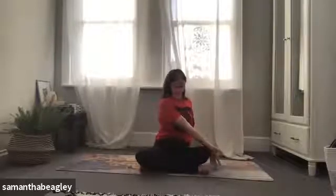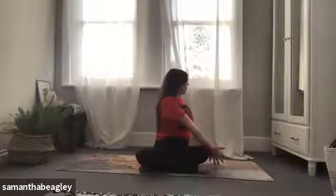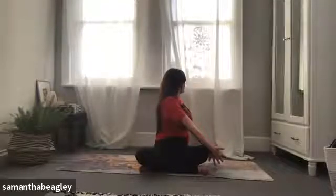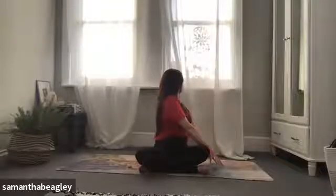Bring that left hand behind you now. Nice and tall. Keep that left arm nice and straight. Shoulders down. Right hand to the outside of the left knee. Start to gaze over your left shoulder and push that right knee away. Feel that twist through the spine, through the shoulders. Inhale. And then with every exhale, push that knee a little bit more, trying to gaze all the way behind